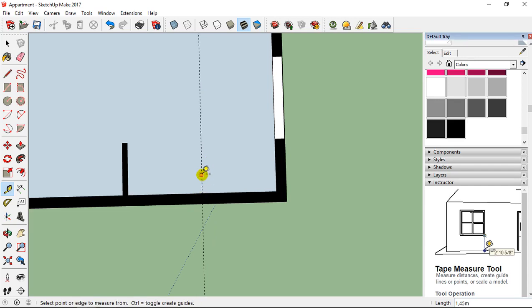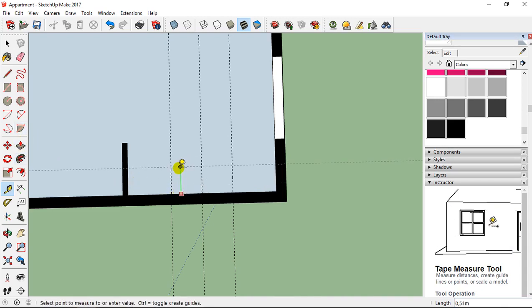So like this. Then I add a guide at 60 centimeter here, and also on the left 60 centimeter. So you can see that exactly I center the different guides, and like that I can center also the furniture.